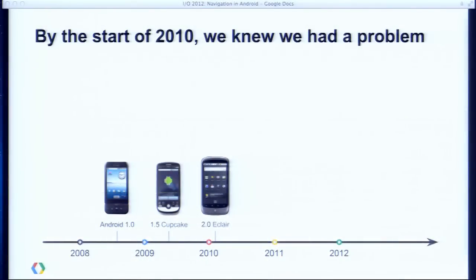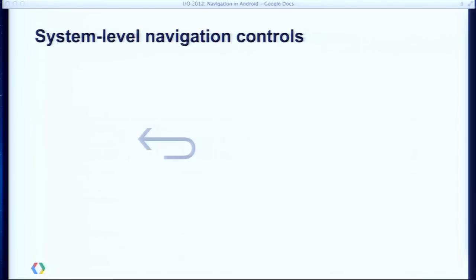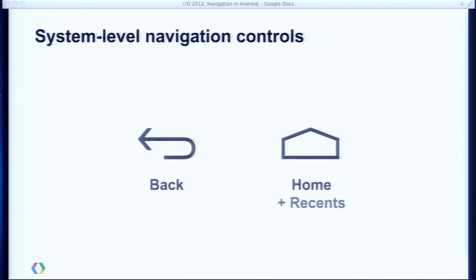By the start of 2010, we knew we kind of had a problem, or more exactly, that our users were having several problems when it came to navigation within Android. Part of this comes from, we had system-level controls for navigation. We had back, which we've talked about, and we had home. Home was kind of a task switcher, but it was a little bit awkward for that. I'd have to hit the home key, I'd come back to the home screen. Maybe the task I'm trying to switch to isn't on that home screen, so I might have to locate it. Or maybe it is on any of the home screens, and I have to bring up the All Apps drawer